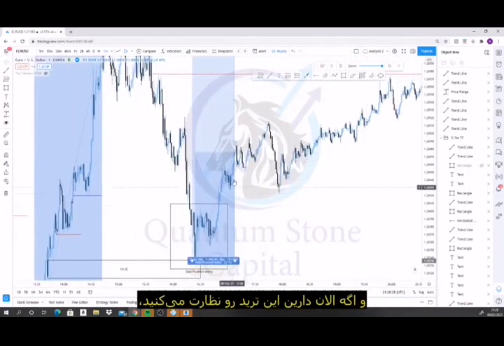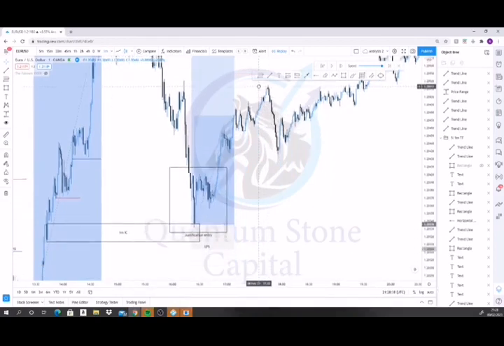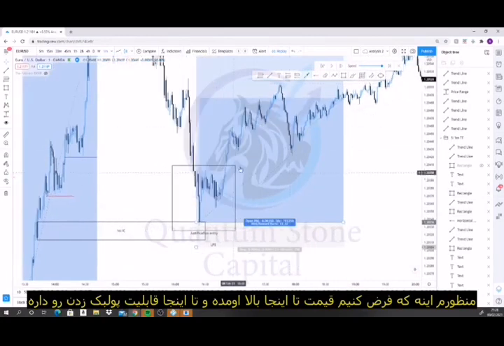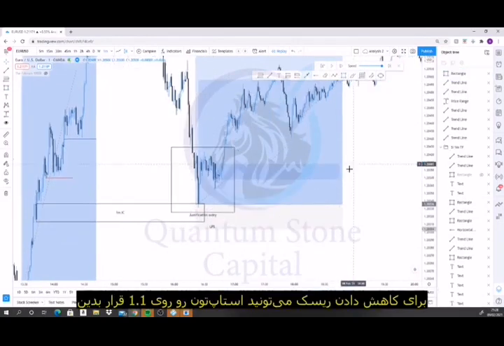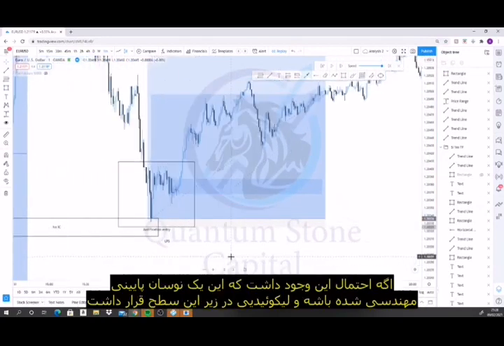And if you're sort of monitoring this trade now and you see this bullish reaction here, I'd be break even as soon as we sort of come to this level here or break that sort of structural high. You can also trail your stops, and what I mean by that is, let's say prices sort of reach this level here and it wants to pull back maybe even to this candle here, which it didn't, but let's just say this was a candle here. In order to reduce your risk, you can maybe now put stops to sort of 1.1. So if there was a possibility that maybe this was an engineered swing low and there was liquidity present below this low here,